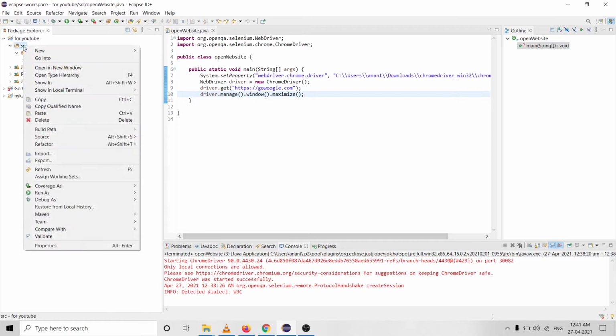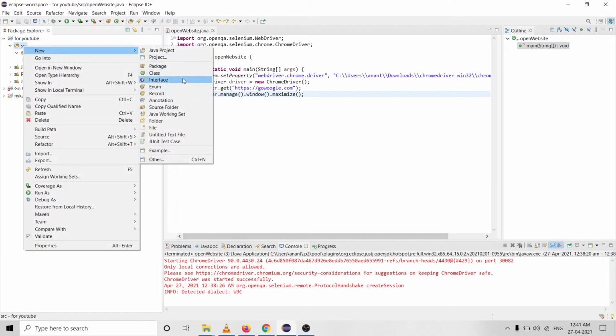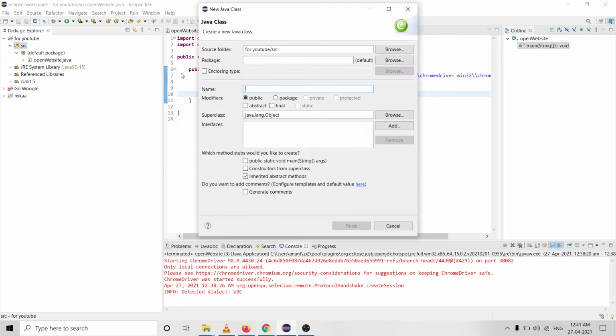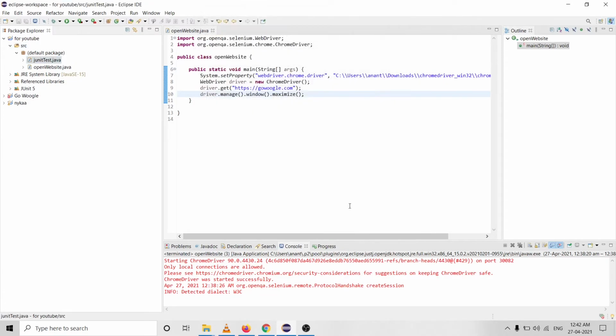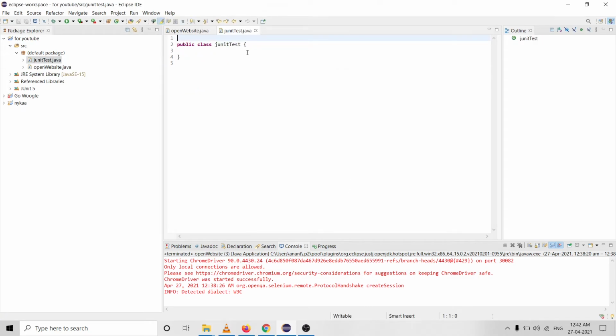Now let's test JUnit. Create a new class. As you can see, there is no main function here and JUnit will run just fine with it.